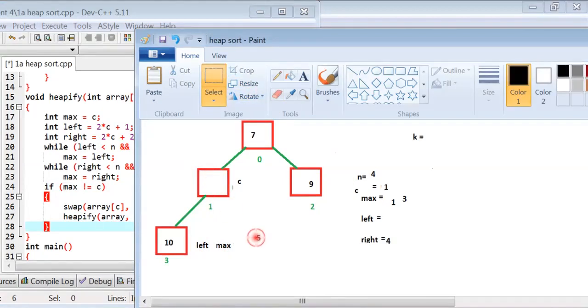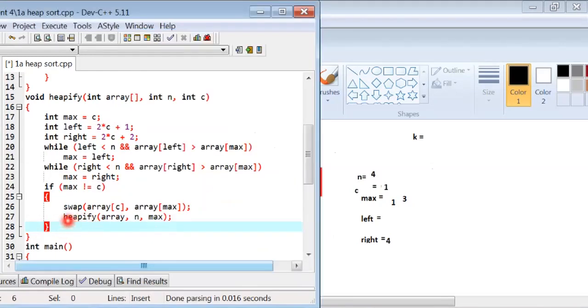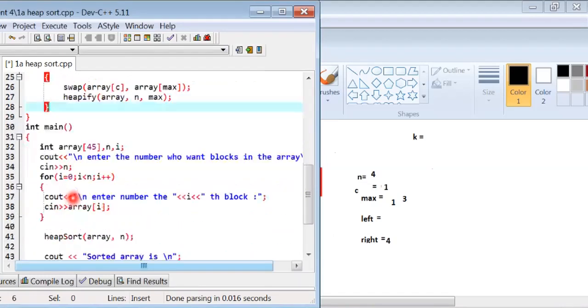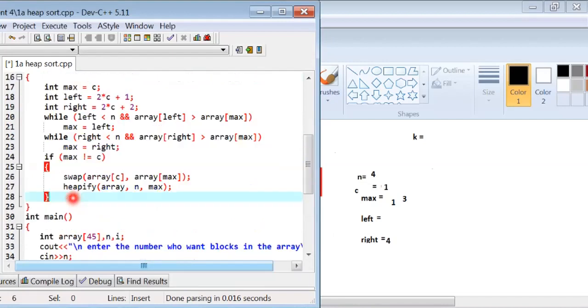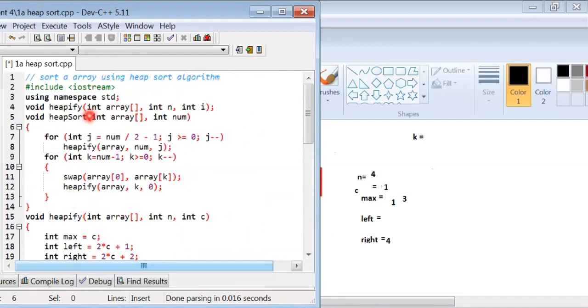The 5 is here and 10 is here, and 5 is here. The two values are swapped. Now this function terminates, and control returns to the heap sort function.